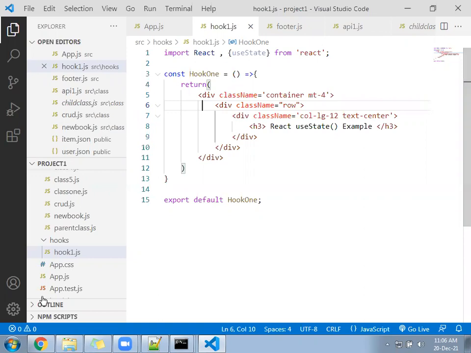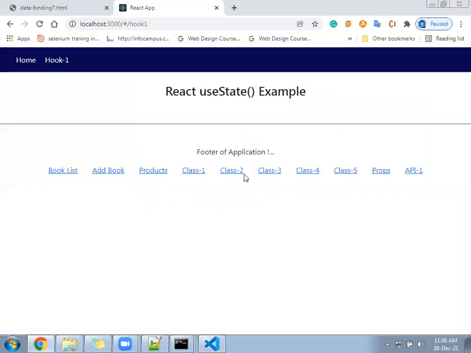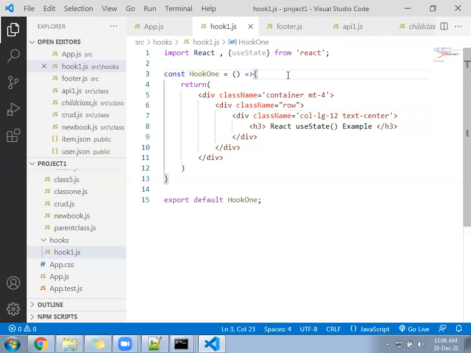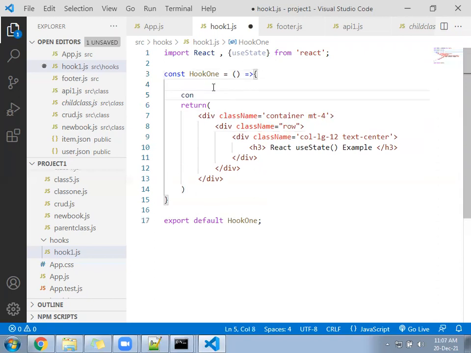Okay, ready? So we are going to understand the first function of hooks, that is called use state. Come inside the function and console.log use state.